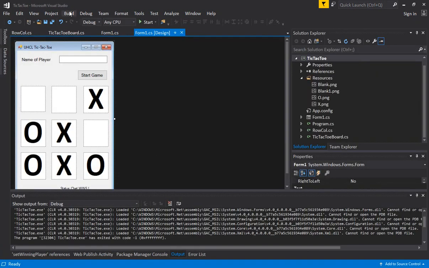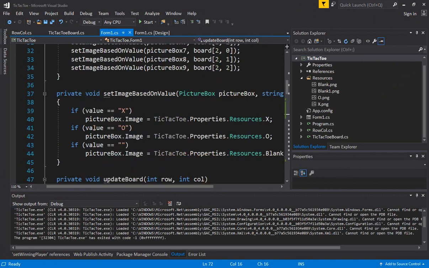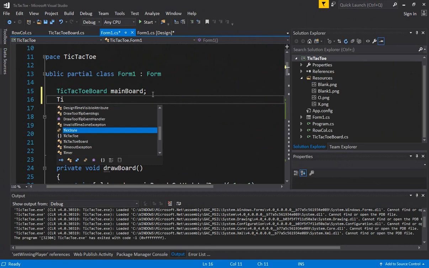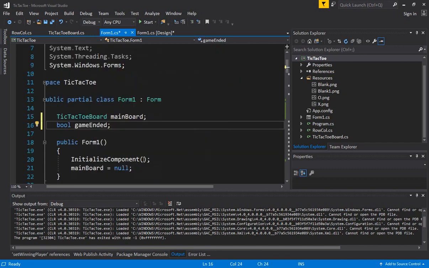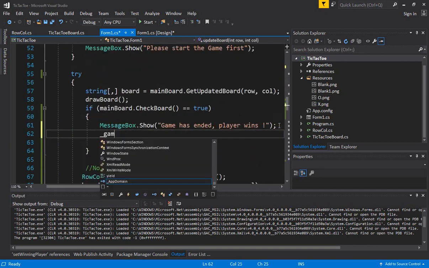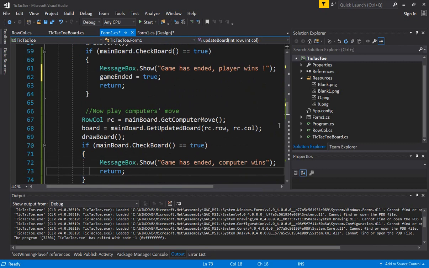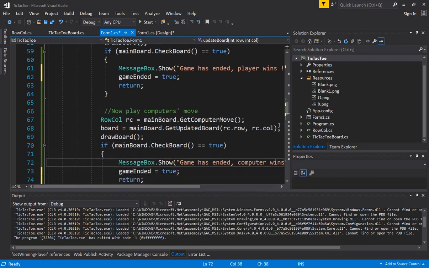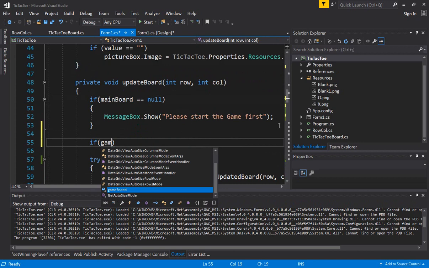So what we need to do in the form, essentially if some player wins, let's add a flag here. Bool gameEnded. And as soon as the game is over, we'll set that to true. So all we need to do here is, if gameEnded is equal to true,